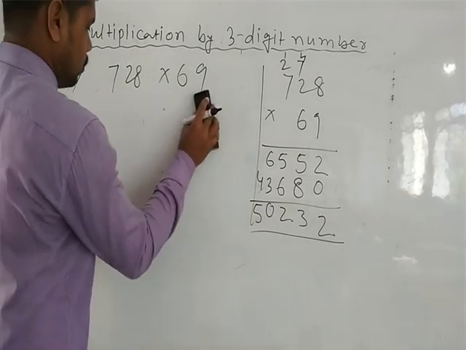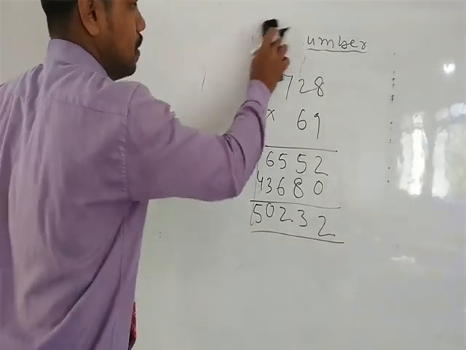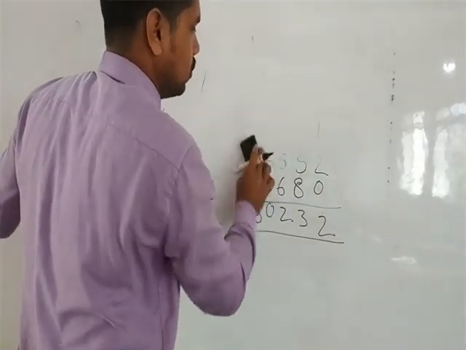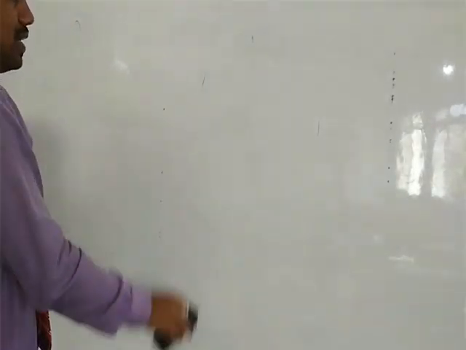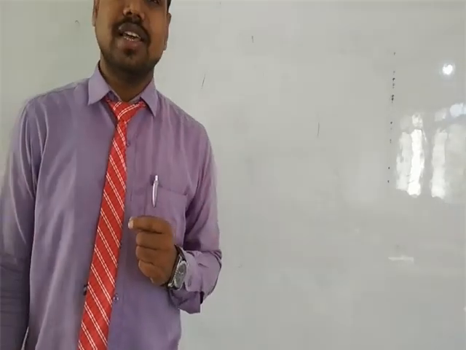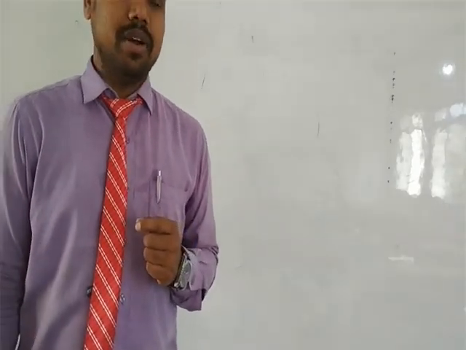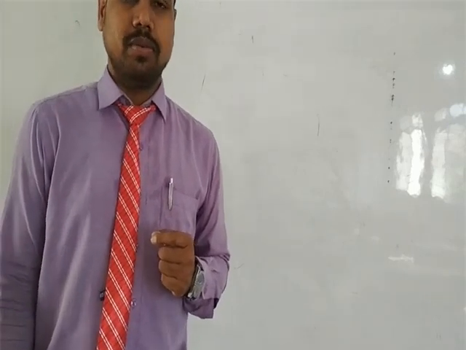Okay, so let's discuss some word problems now. Word problems related to multiplication. Okay, so first most important thing for word problems is to understand the word problem. Read the question, try to understand what the question is asking, because at the time of exam it will not be given that this is from the chapter multiplication or this is from the chapter addition or subtraction.